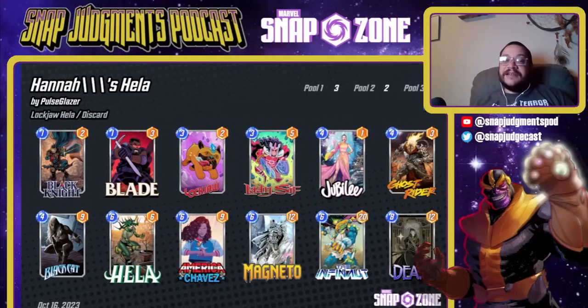Next up, we've got Hannah's Hella. I featured this deck 2 days ago, Sunday, on the channel. I decided to update it. It was running a Silver Samurai package. I basically cut Silver Samurai for other cards and added Ghost Rider and Black Knight and said, okay,